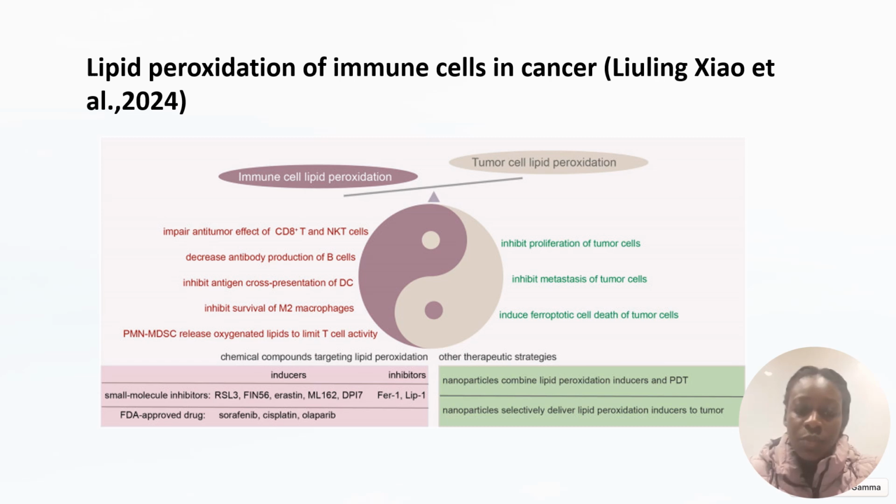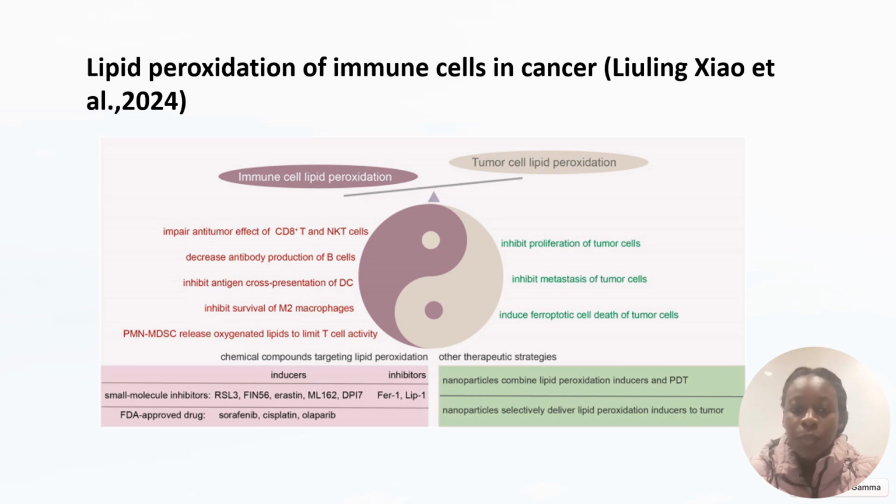It decreases antibody production of B cells, inhibits antigen cross-presentation of DC, and inhibits survival of M2 macrophages, and a number of other mechanisms of how lipid peroxidation in immune cells can influence or promote cancer cells by inhibiting the capability of our